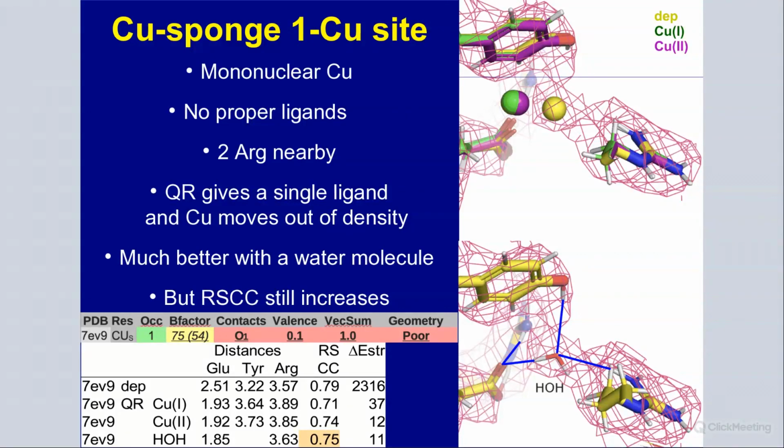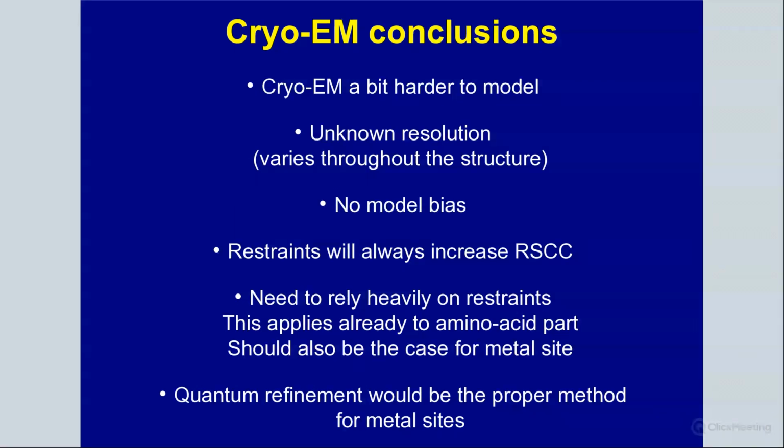So that's some of our applications for the cryo-EM. Some conclusions: it's a little bit harder than crystallography. One reason is that the resolution is unknown and it's different in different places in the structure. There is no model bias, so the map doesn't improve. If you improve the model, you have the map and you cannot change it. Of course, the restraints will always increase the correlation coefficient,